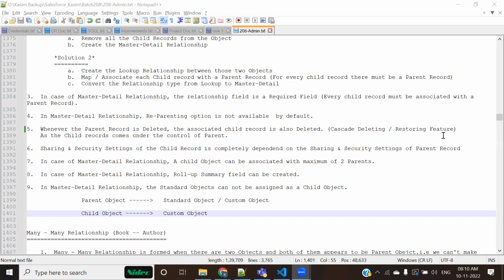Campaign member is one of the Salesforce objects. It is a standard object in Salesforce, and it is associated with only two objects: one is campaign and the other is product. That's it. I'm giving the example of campaign member, it's live. Campaign member is associated compulsorily with only two objects. Campaign member is a different object, campaign is a different object. So campaign member has a relationship with only two objects, one is campaign, the other one is product.